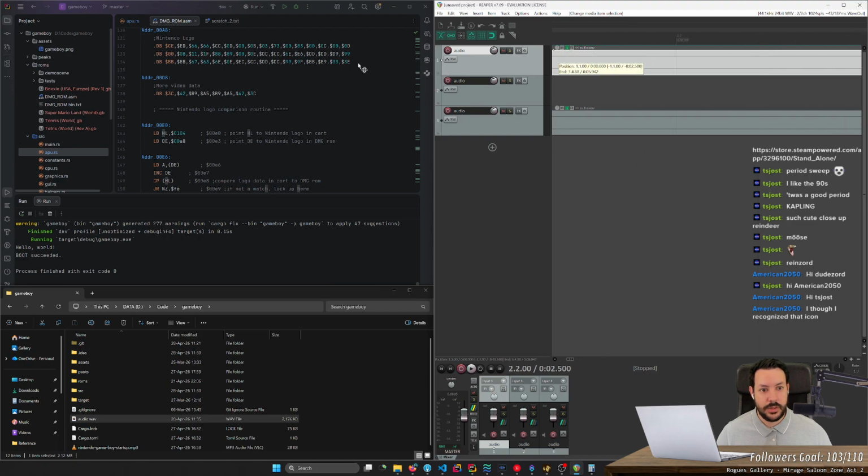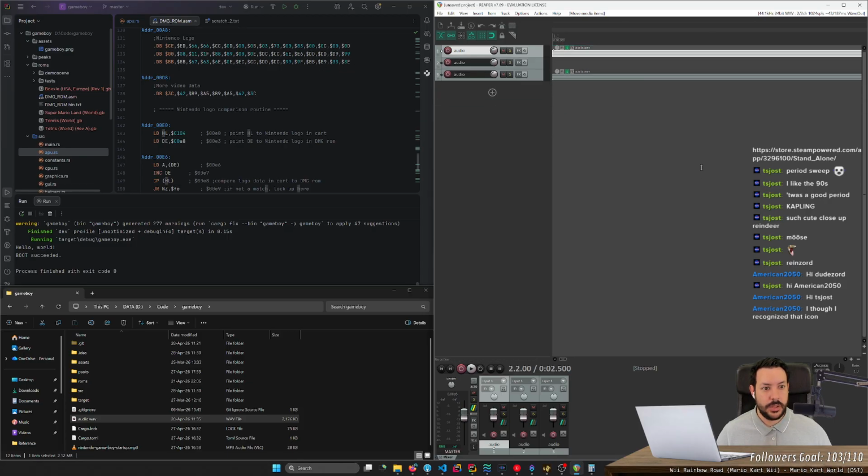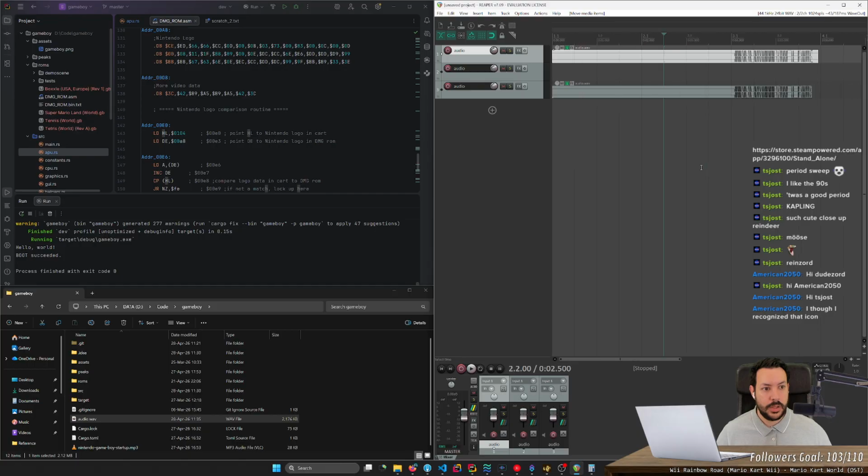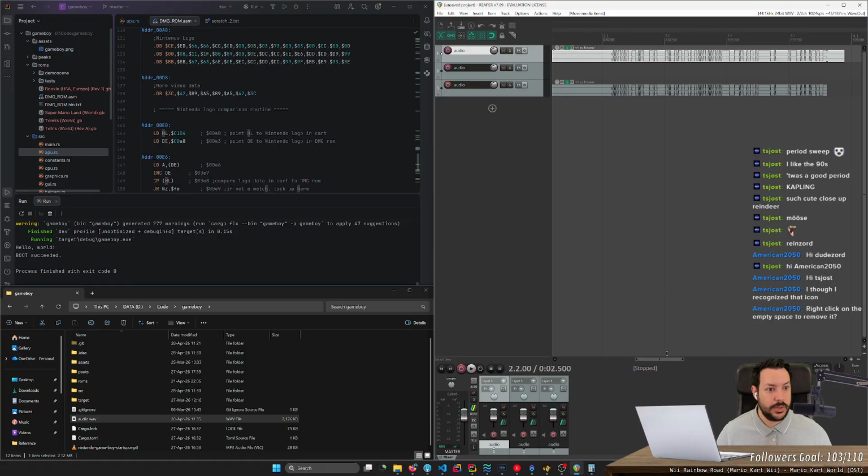Go, go, Power Rangers. Okay. So it's still rendering the same thing. Right click on the empty space to remove it. Maybe. I'll try it next time.